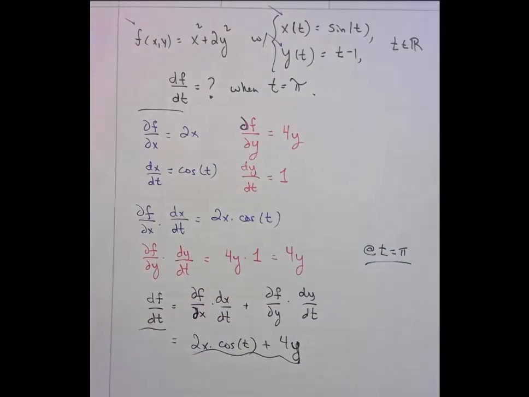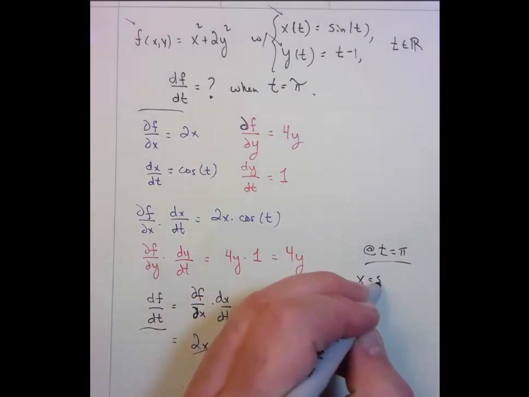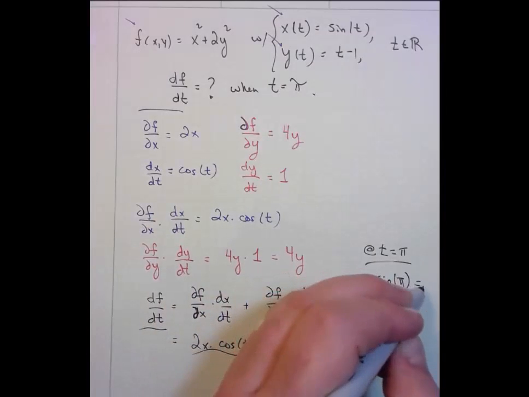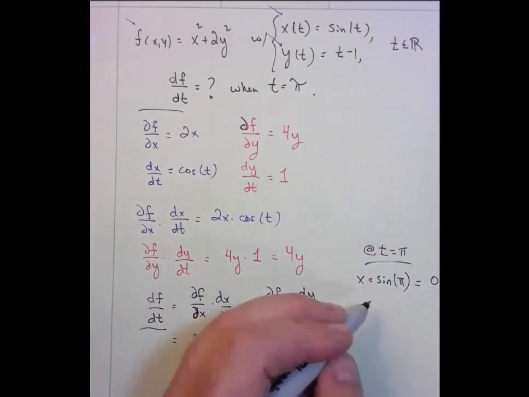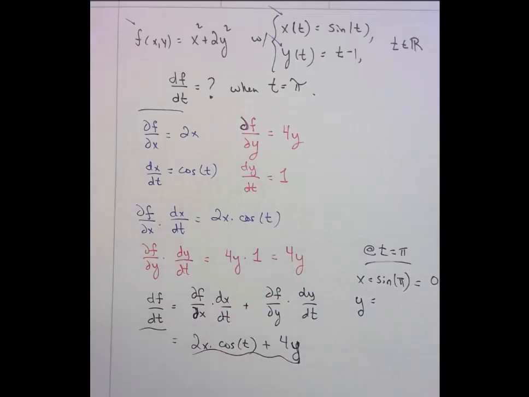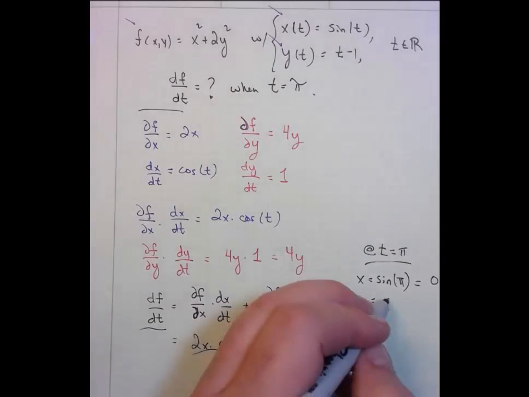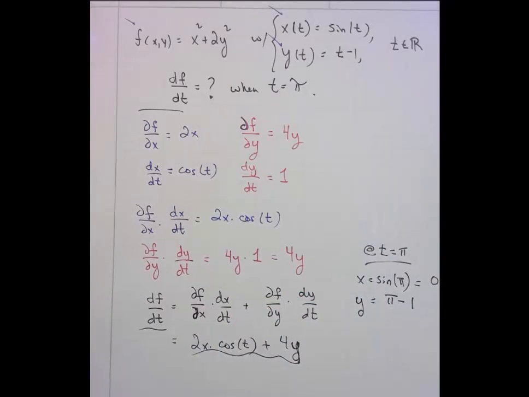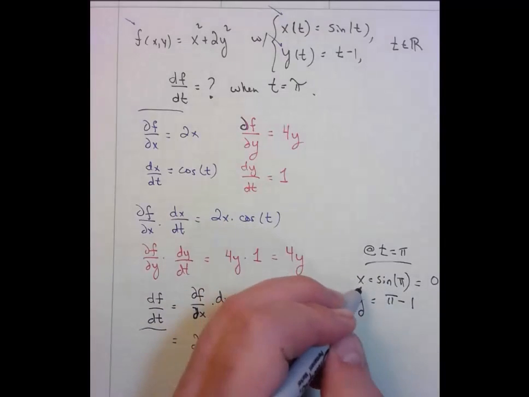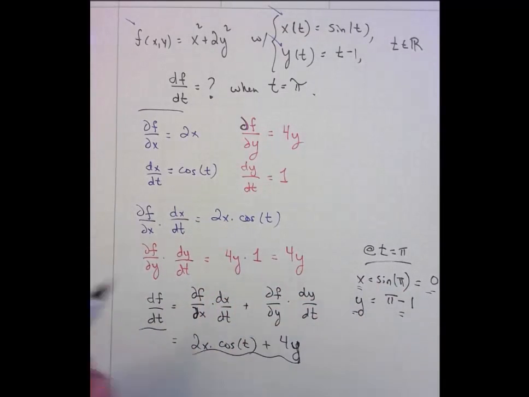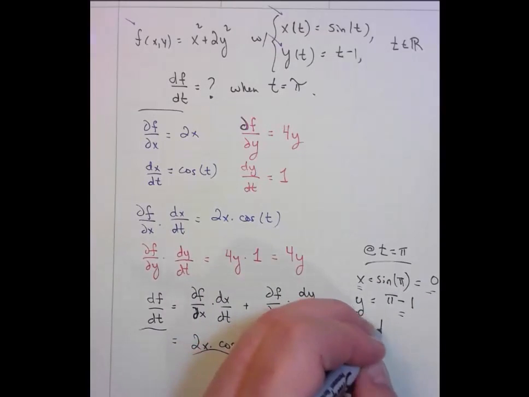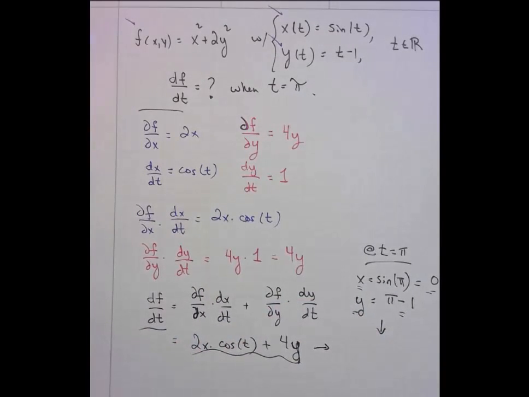And I'm going to put in the information that's generated when t is pi. Now when t is pi, x is sine of pi, which is 0, as far as I remember, and y will be t minus 1, which is pi minus 1, like so. And so then, when t is pi, x is 0, y is pi minus 1, and now we can bring all these parts together to give us df dt